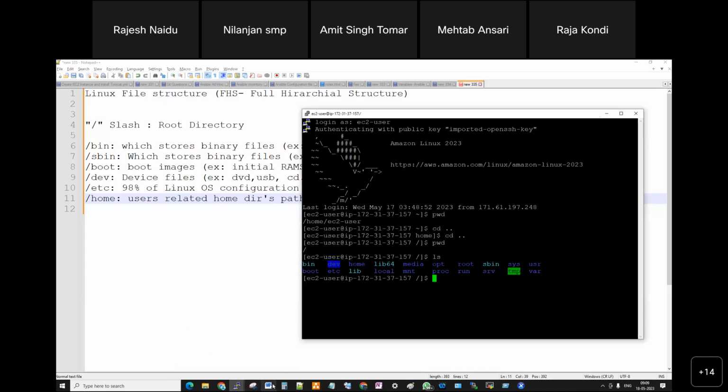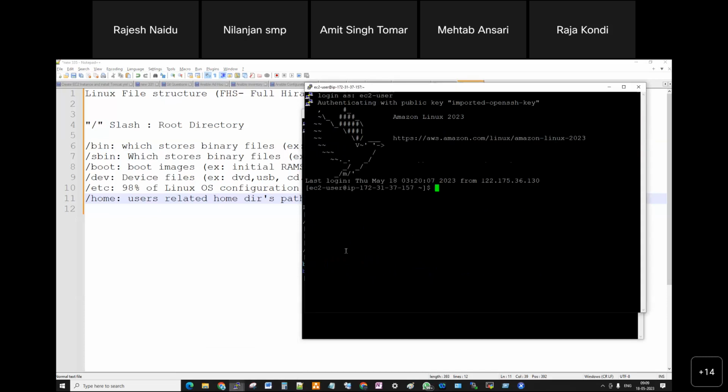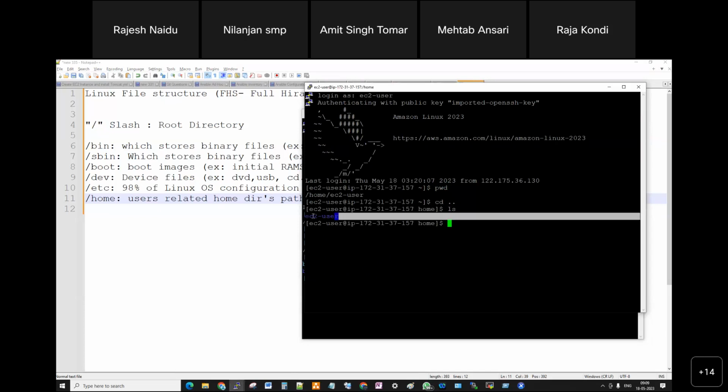Now I'm going to another window. Currently I'm in /home; cd .. Right now I'm in the home directory. If I type ls, I have only one user. If I create another user like Galib, Rajesh, any name, the names will be displayed here.